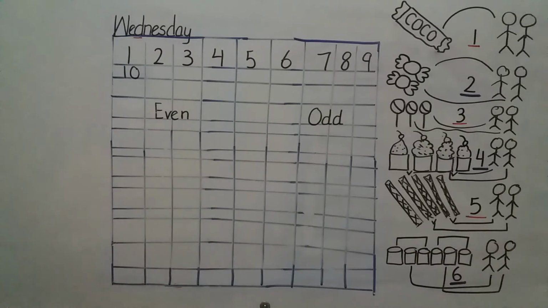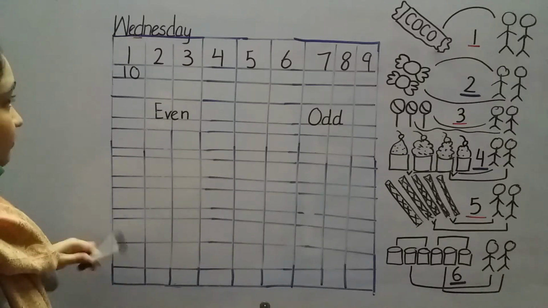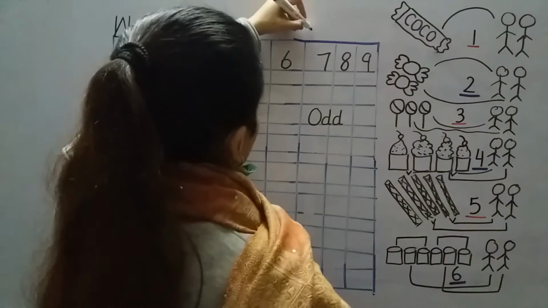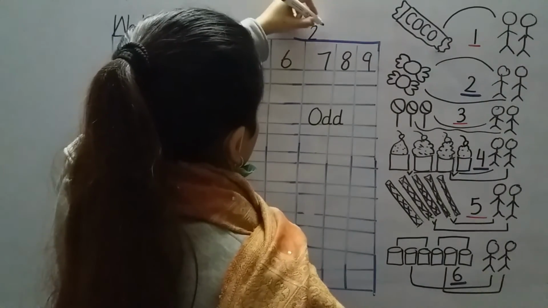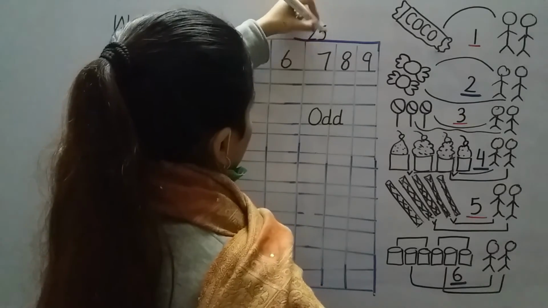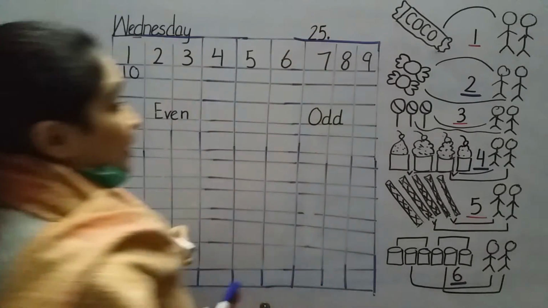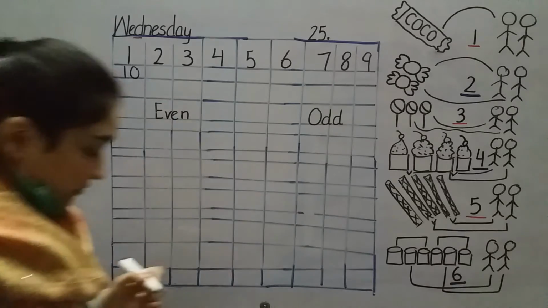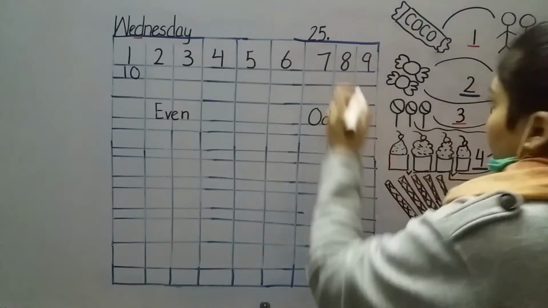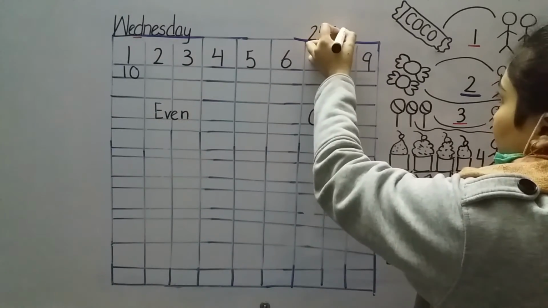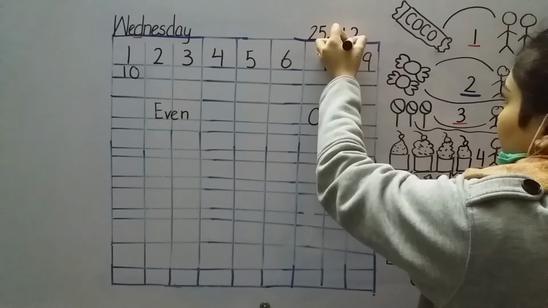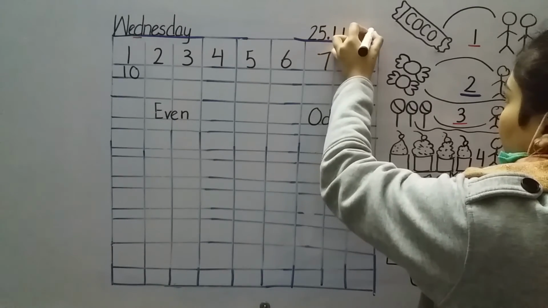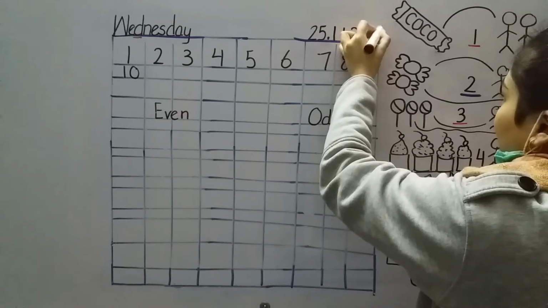Now, you have to keep a difference between your language date and your number date. Urdu is completely different. Today is 25th, 2/5/25, and we put a dot over here. And November is the 11th month of the year. So we will write 11 over here. And the year 2025. Well done if you have done your work till here.